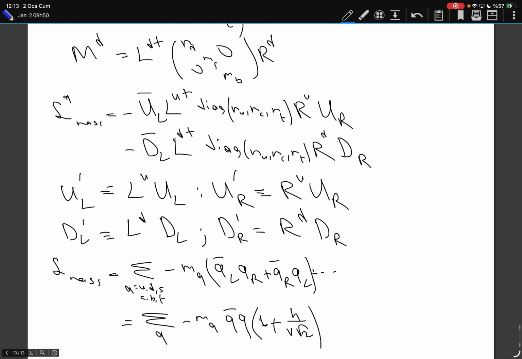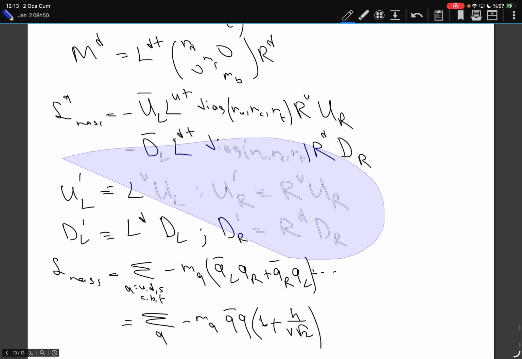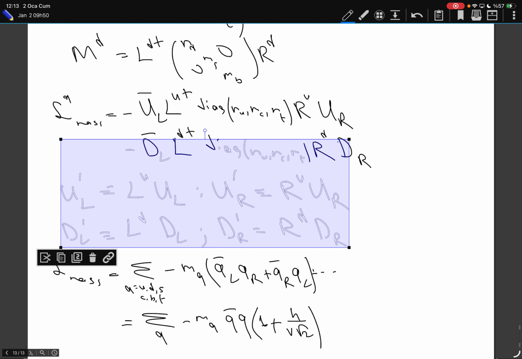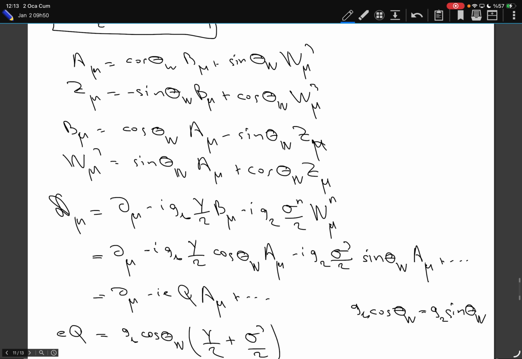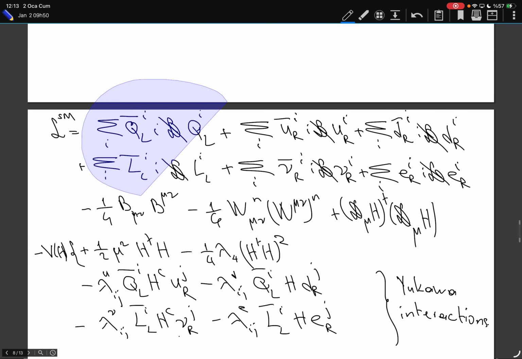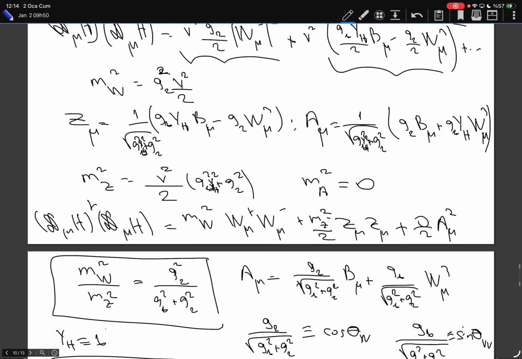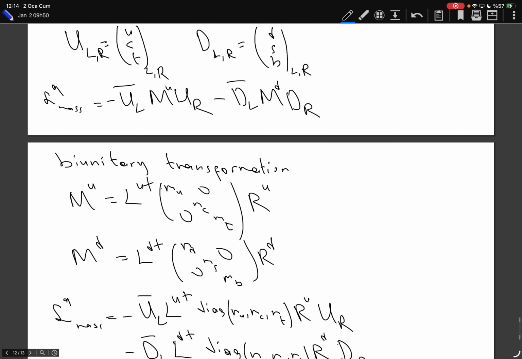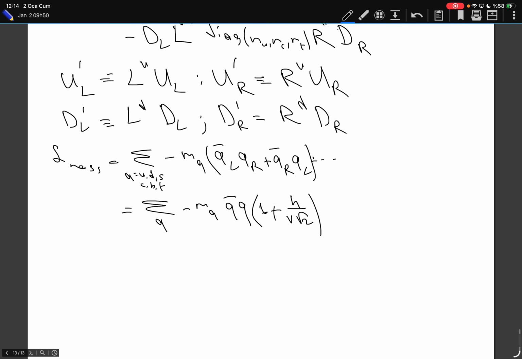Now, of course, there is a problem. You see, I have defined new fields, these primed fields. I have to express everything in terms of these primed fields. Yes, if you go back to my Lagrangian, well, I have all these kinetic terms, and there are the interactions within these covariant derivatives. I have to express all of them in terms of my new fields. So let's start. Let's look at the kinetic terms first. Initially, I have